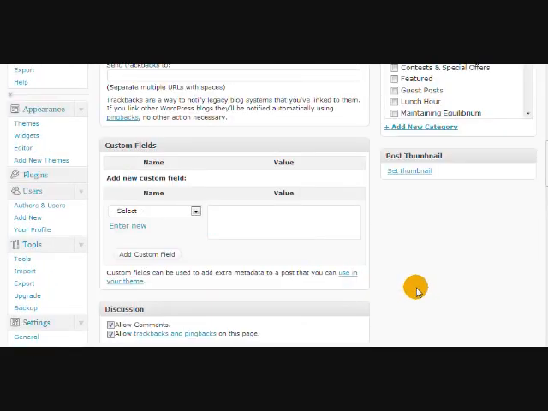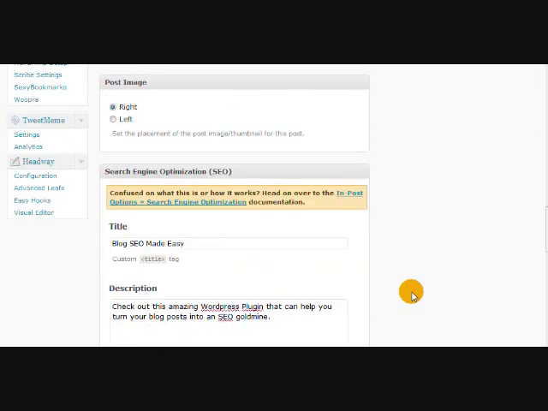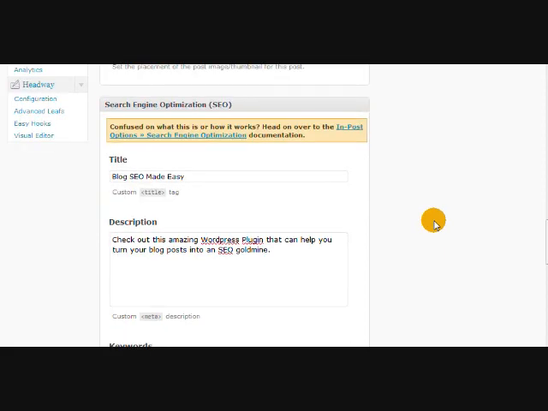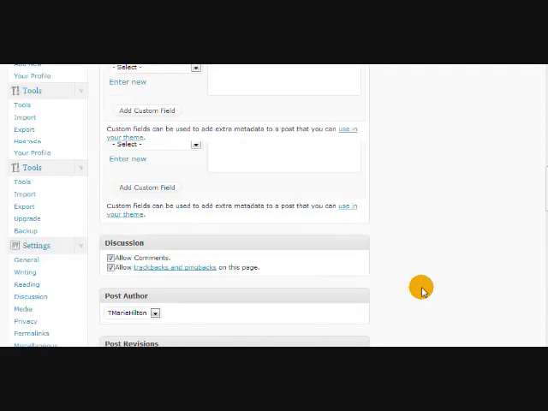I use the Headway theme for WordPress. You can also use this if you have an SEO plugin or Thesis, anything that gives you the search engine optimization section here that looks like this, where you can go down and you can add additional SEO on each post. And as you can see here in the area where I can add things, I've put in a title, I've put in a short description, and I've put in a few keywords. Once I've done that,